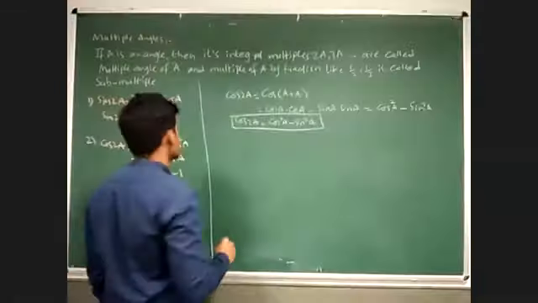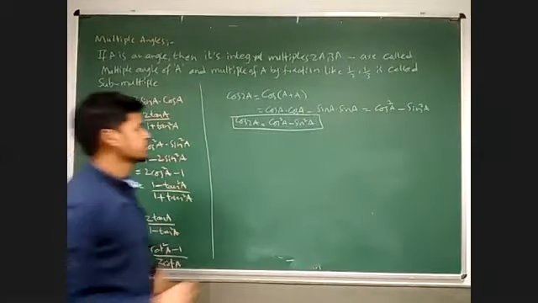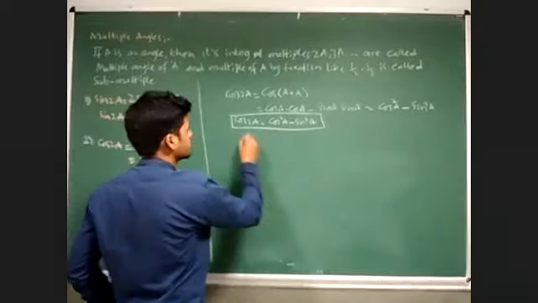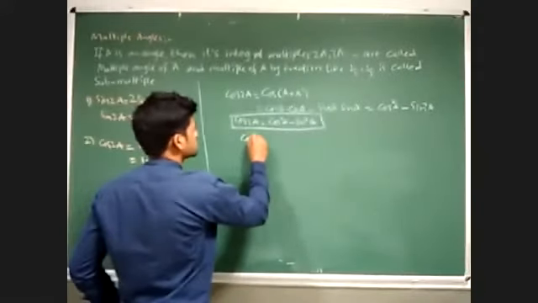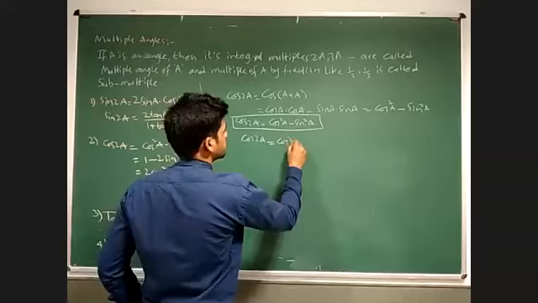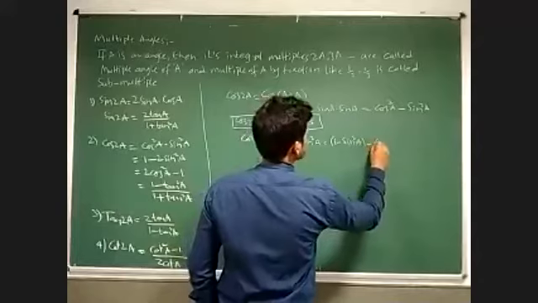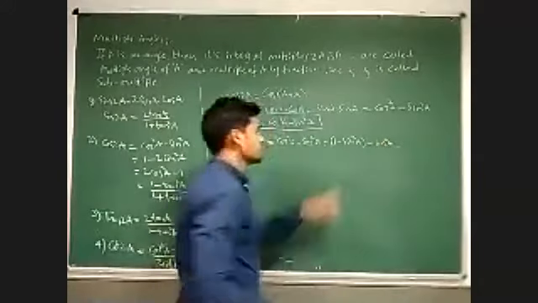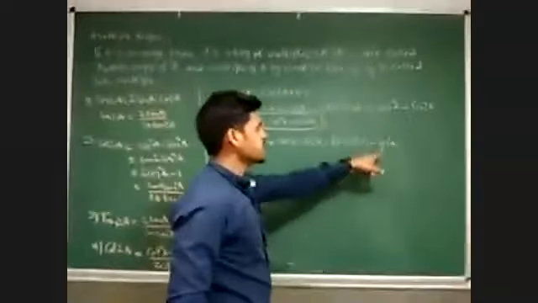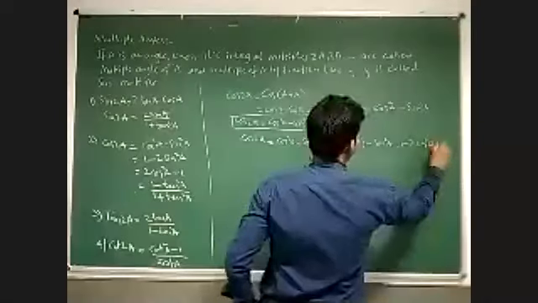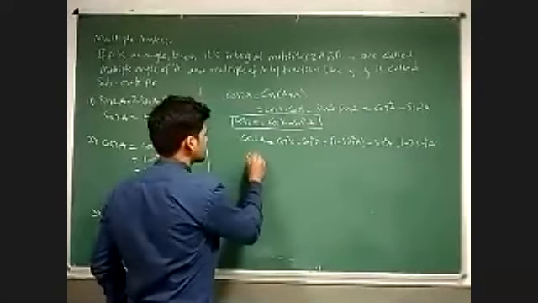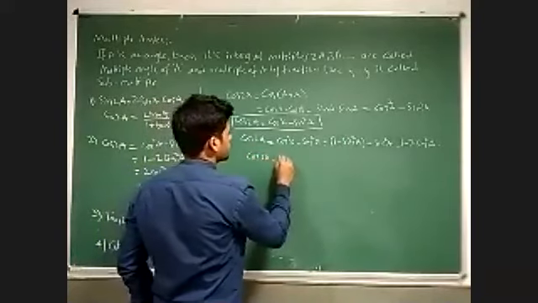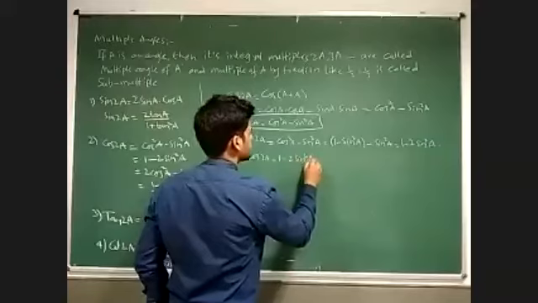Okay, now the second formula is 1 minus 2 sin square A. So here I already know cos 2A is cos square A minus sin square A. So I can write, I know the trigonometric identity, 1 minus sin square A minus sin square A. So here 1 minus sin square A, so 2 times, 1 minus 2 times sin square A. Okay, so just see here, cos 2A is nothing but 1 minus 2 sin square A.